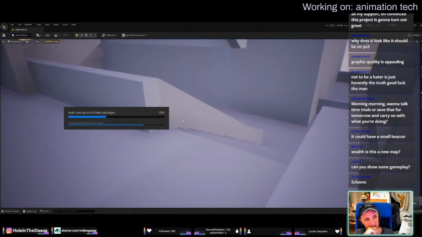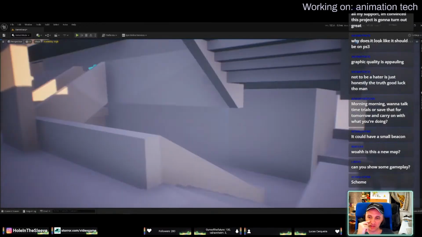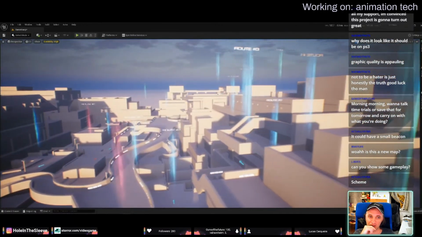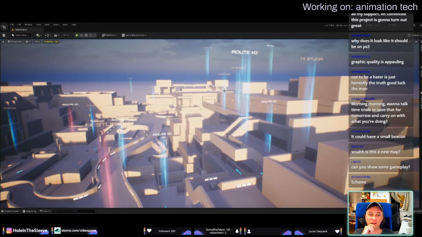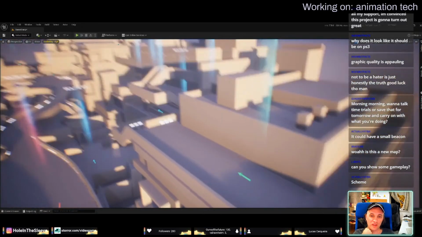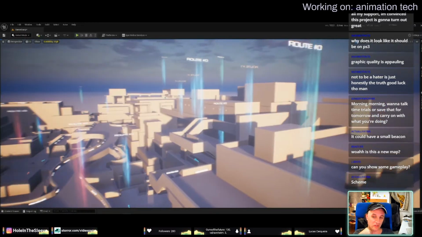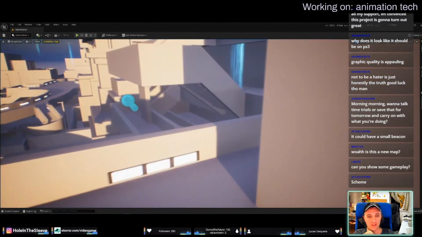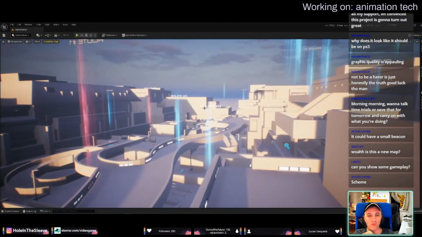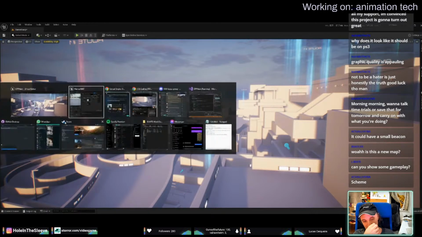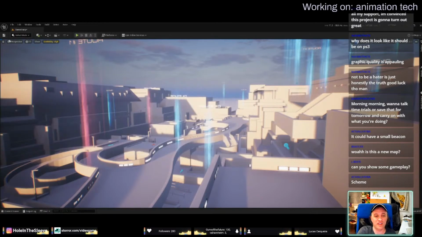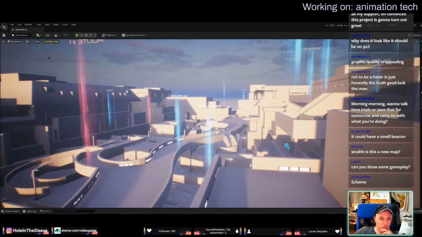Hang on, I've got to wait for the autosave to finish. So why are there so many beacons going around? All of the checkpoints exist. In editor, you can see them. It's just that they're made invisible when you go in game, and then when you hit the start, it looks at that route and makes it visible. Oh, right, okay. So those are the checkpoints. Yeah. Green is the starting point, blue's checkpoints, red's the finishes. Okay, I got it. I was a bit confused about seeing all those.